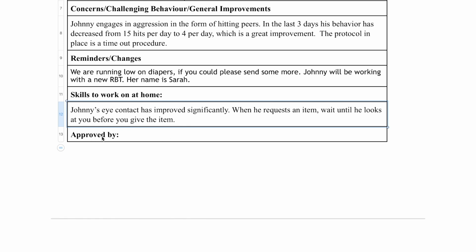I like to have the girls get it approved by their supervisor before they send it off to the client. It's nice to have a second eye to look at these things, again, because you want to make sure that it's written well, there are no errors. The last thing that you want is to send a communication log that is grammatically incorrect, or there are a lot of spelling mistakes. Again, the client will look at it and say, is this person really having a hard time spelling? Do they not know how to spell? Then, are they a really good educator or healthcare professional for my child, or for the individual that they're working with? So be sure to have someone look at it.